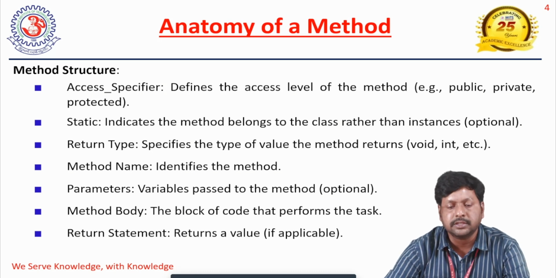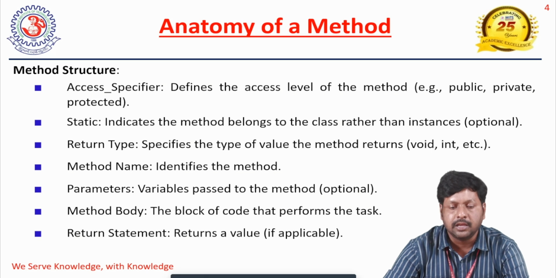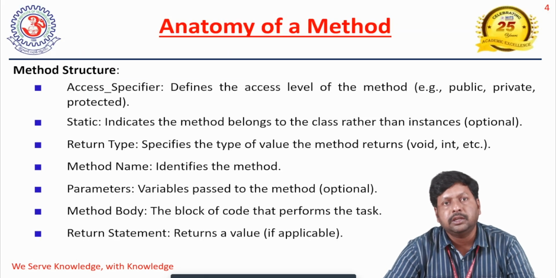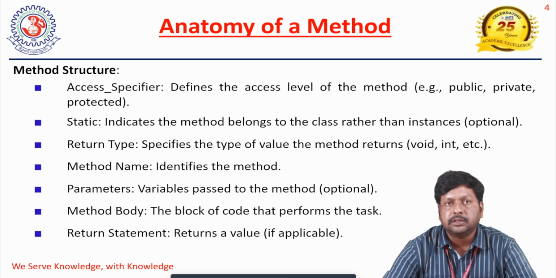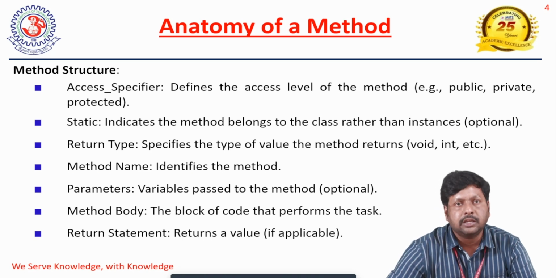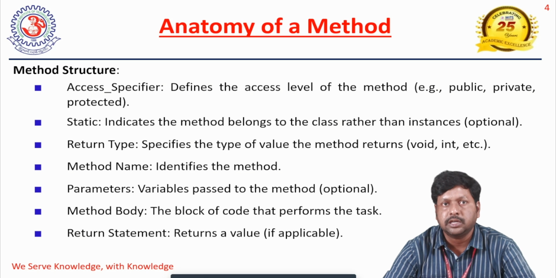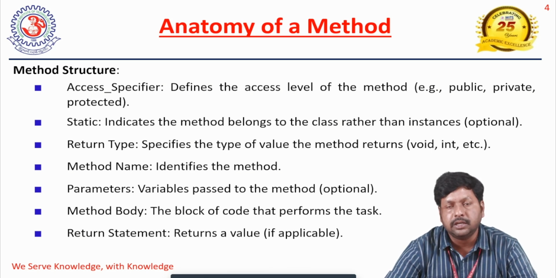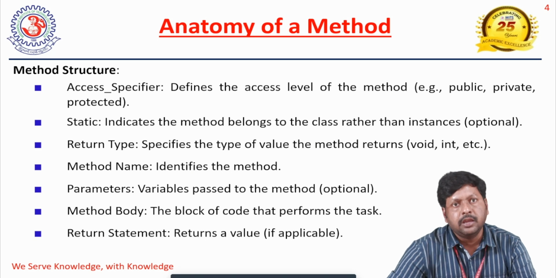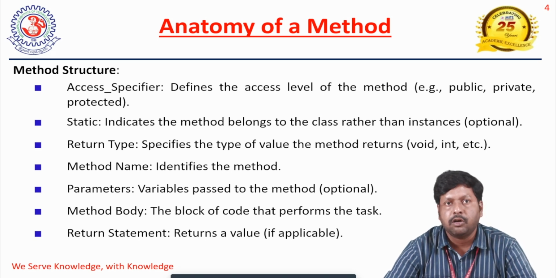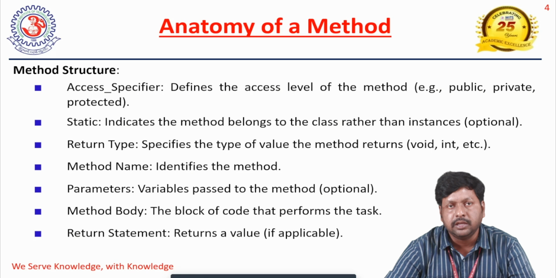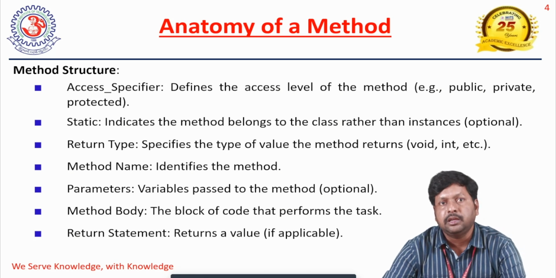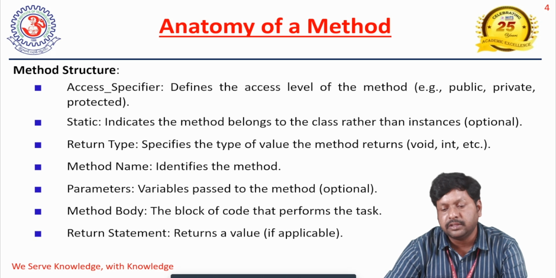I will continue the same topic, access specifiers, in the further class. And later, static. Static is nothing but a keyword. Sometimes the methods can be static methods. Sometimes the methods may be non-static methods. For example, if you want to create a method as a class level, then we should create the method as a static type. If you want to create a method as an object level, then we should create the method as a non-static type. Sometimes the method may return any value, then we have to specify the return type